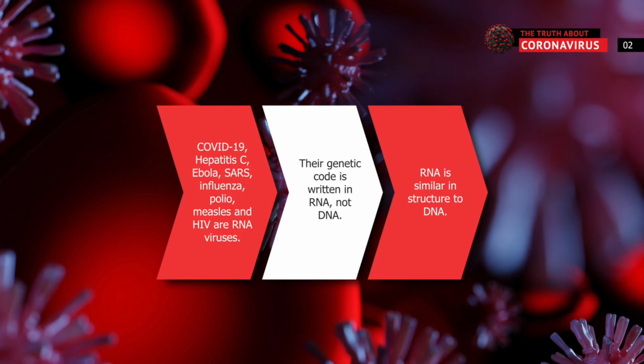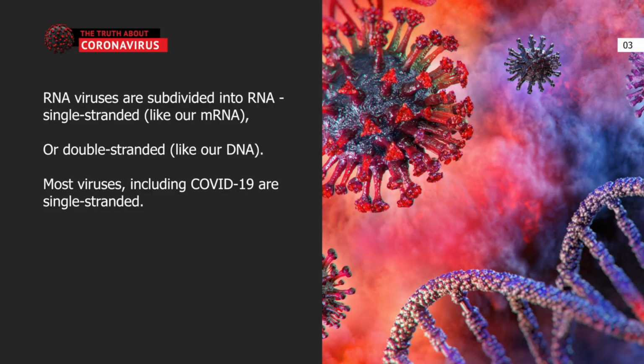Some viruses, including our COVID-19, hepatitis C, Ebola, SARS, influenza, polio, measles, and HIV are RNA viruses. The genetic code is written in RNA, not DNA. RNA is similar in structure to DNA, but contains uracil instead of thymidine, U instead of T, as one of the 4 letters. RNA viruses are further subdivided into whether their RNA is single-stranded, like our mRNA, or double-stranded, like